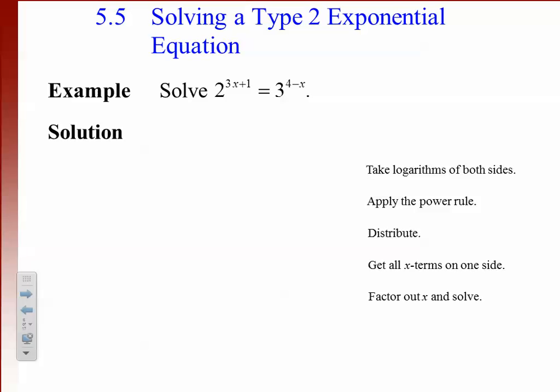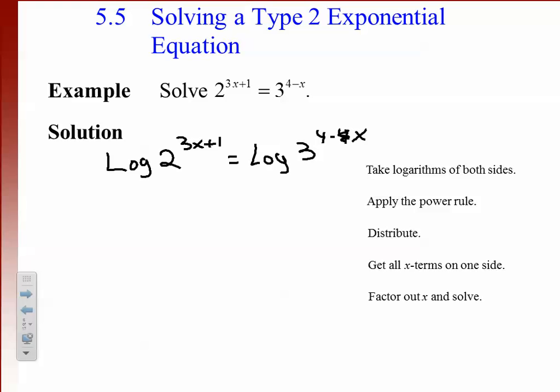So the problem will start out like this. We'll take the log of both sides. Log of 2^(3x+1) equals log of 3^(4-x). It should be minus x. Okay? So we just did that. So what does that do? Why do we do that? We do that so we can take